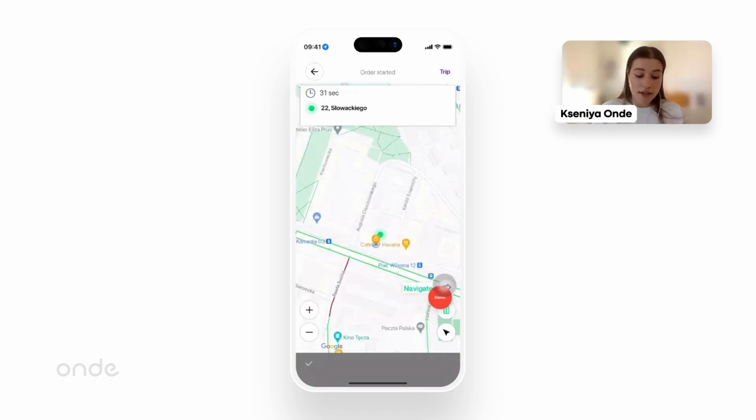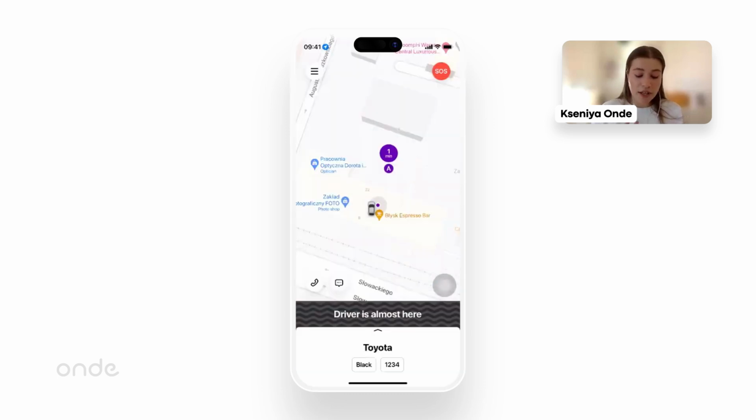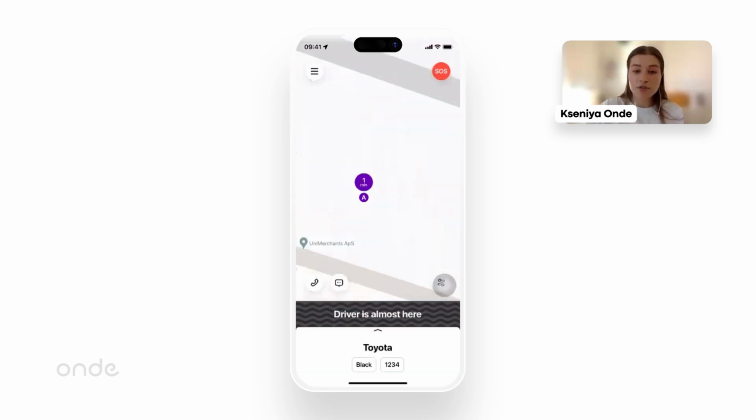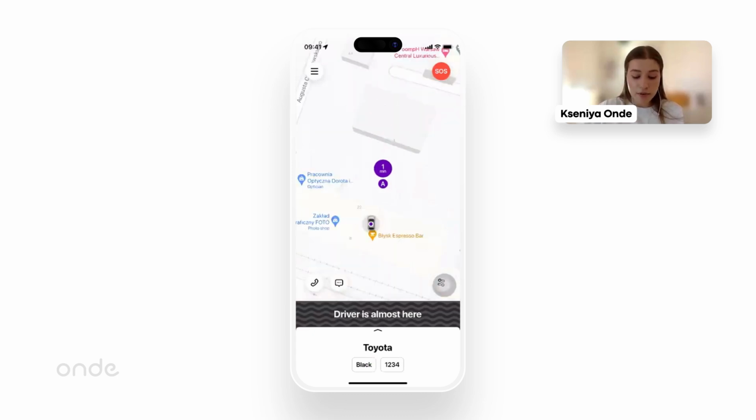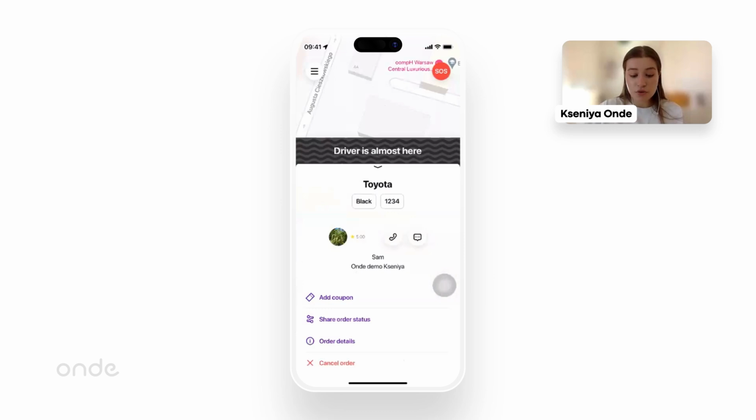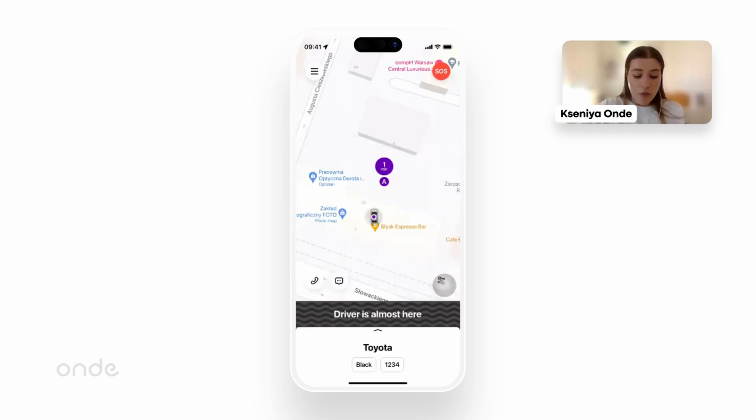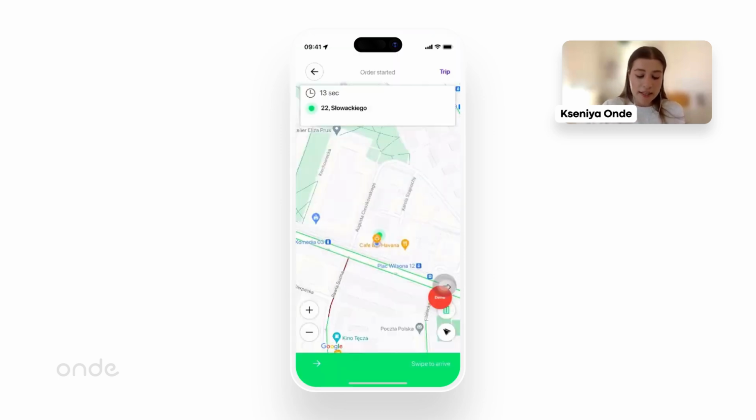After the driver does that, the passenger receives a notification that the driver is on their way. Approximate time of arrival is shown above the pickup point. And from here, we can also review more detailed information about the driver. Once the driver is at the pickup, they need to swipe once again to let the passenger know that they